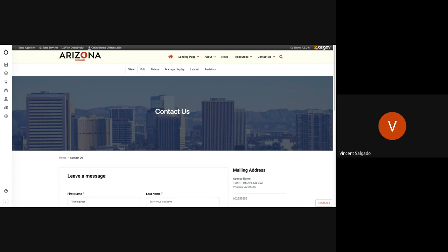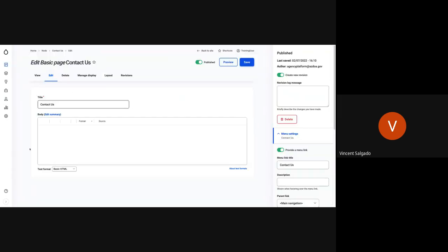The other way, when you click on one of your pages, when you have your migrated website over, you'll click on content, and then you might notice one thing: well, this page is blank, but it has content on there. How do I edit what is already on there? So the way to go about doing something like that, the other place to go to is this layouts tab. So if I click on layout,